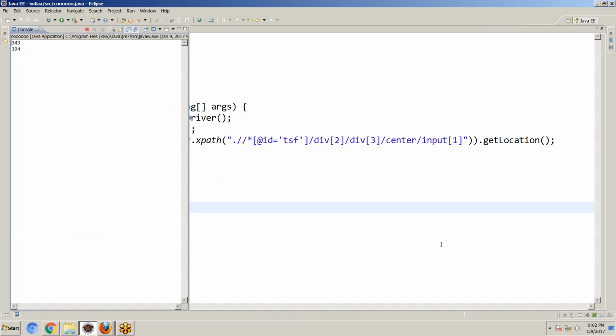Console: 343, 394. The X coordinate is 343, the Y coordinate is 394.